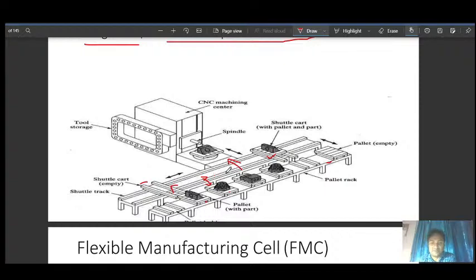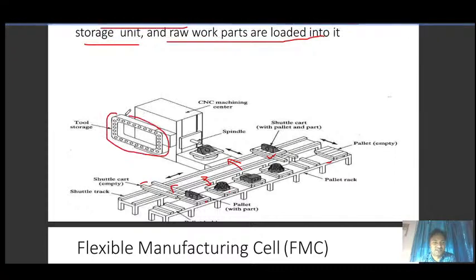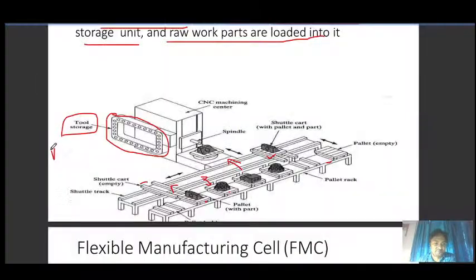Everything is programmed, and you can see tool storage here. The CNC machine will have a number of tools. So sometimes it is called tool storage, and sometimes you will find the word tool magazine.